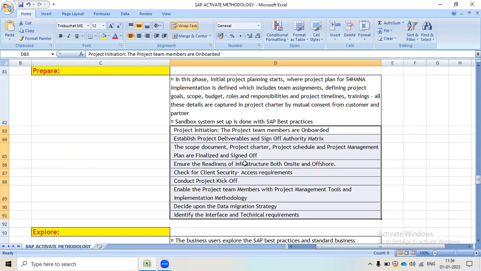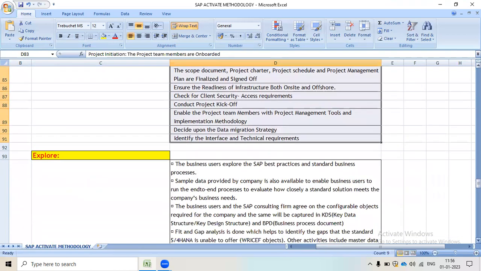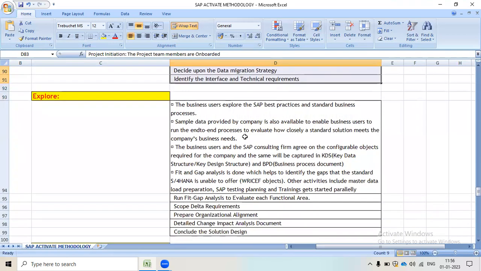After we complete this phase successfully, we can move to the next phase, the Explore phase. In the Explore phase, the business users explore the SAP best practices and standard business processes, and sample data provided by the company is also available to enable business users to run the end-to-end processes to evaluate how closely a standard solution meets the company's business needs.